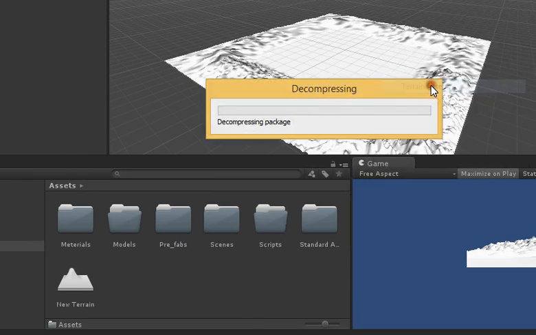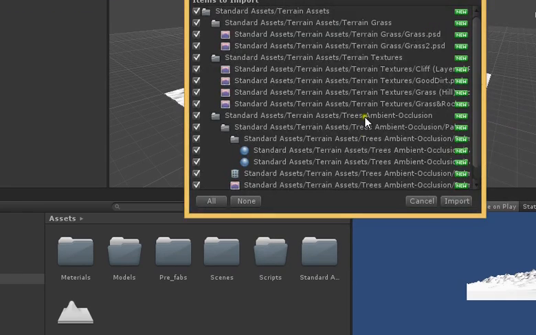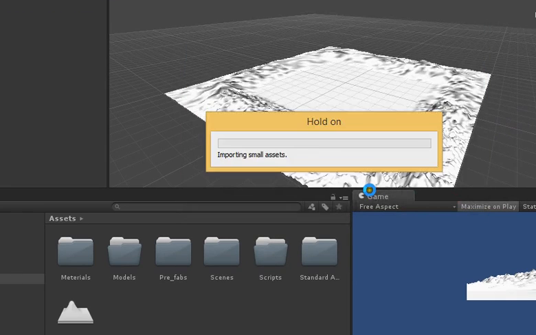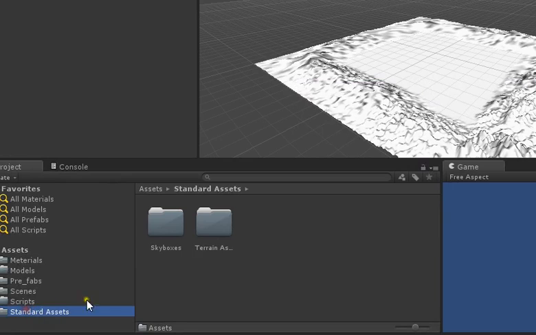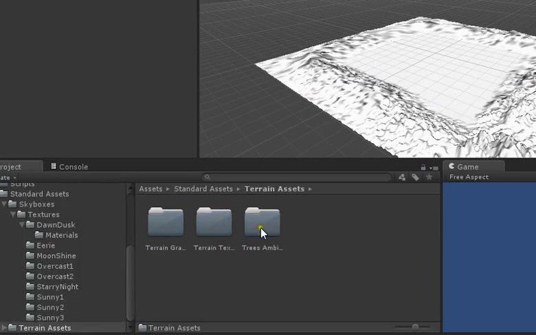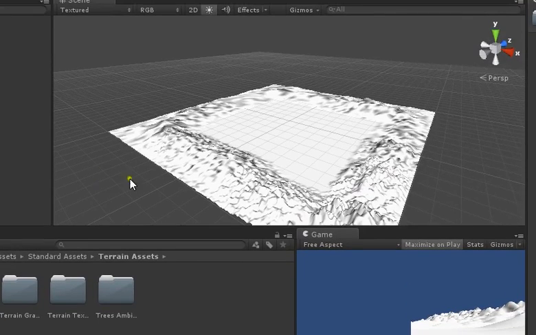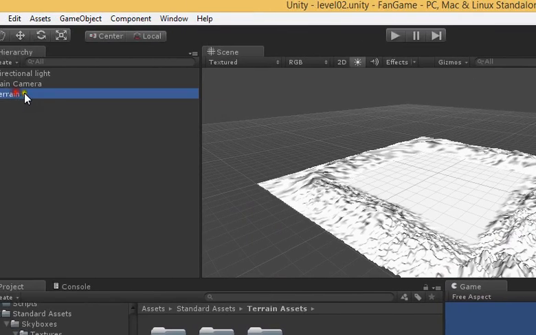Let me click it and import that package. Once I have imported that package inside my game in here, I can go ahead and